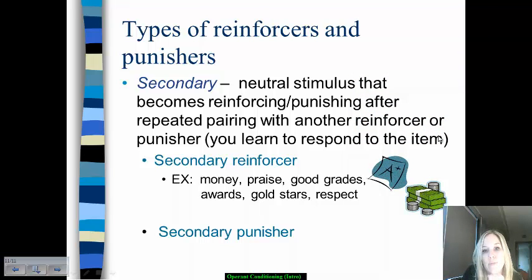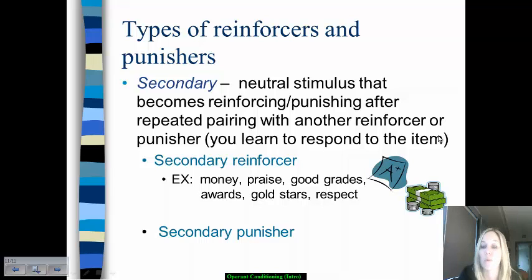So a secondary reinforcer would be something like money. Think about it. I know a lot of us feel like, oh, well, that's kind of like a natural thing that I automatically respond to now. But money is just paper. If you went to Japan, the Japanese currency there isn't the dollar, it's the yen, okay? Y-E-N. So if you came home after your trip from Japan and you had all of this Japanese currency, you couldn't just drive up to a McDonald's and say, okay, I want a quarter pounder with cheese and try to pay them in yen. Doesn't work that way, okay? So that's why money is a secondary reinforcer.